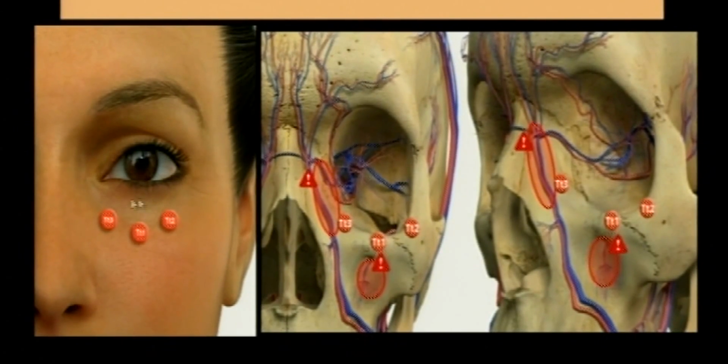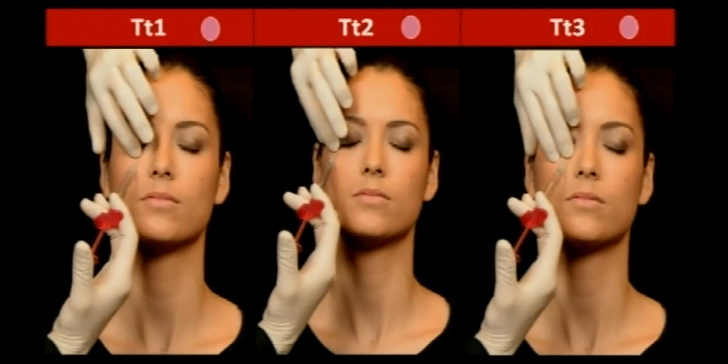Ultimately what they inject, they end up injecting into the orbital septum, and whatever swelling, the orbital fat prolapse was there, it enhances. So this is the toughest area, but I'm sure with due course of time, with due experience, all of you will be able to overcome this. So what I was telling you, the point T1 is the center, and the point T2 is towards the orbital rim. But the point T3 is much below the orbital rim,